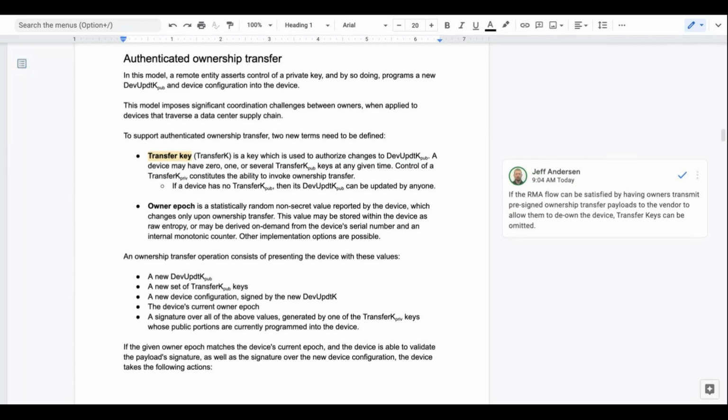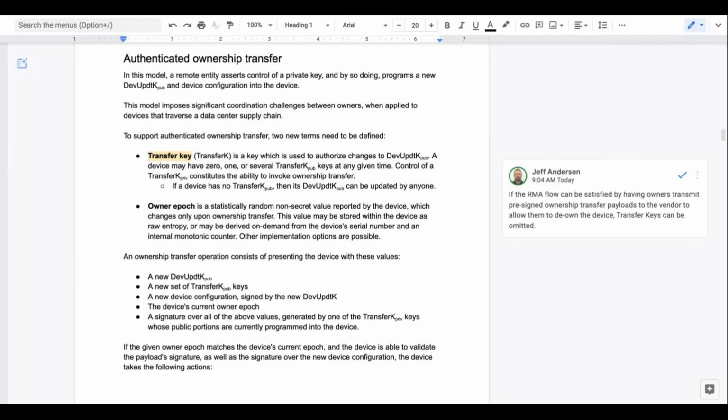A device can have multiple transfer keys at once, I think that's true. But I think the question was, let's say each device has one transfer key, but there are multiple transfer keys in circulation because you're assigning different transfer keys to different devices in your fleet. Is that the question?